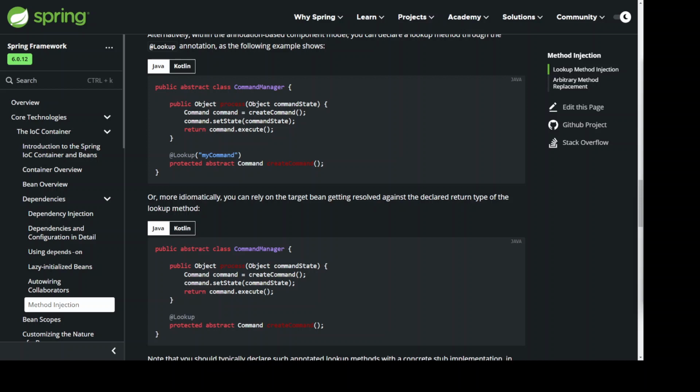Or, more idiomatically, you can rely on the target bean getting resolved against the declared return type of the lookup method. public abstract class CommandManager { public Object process(Object commandState) { Command command = createCommand(); command.setState(commandState); return command.execute(); } @Lookup protected abstract Command createCommand(); }